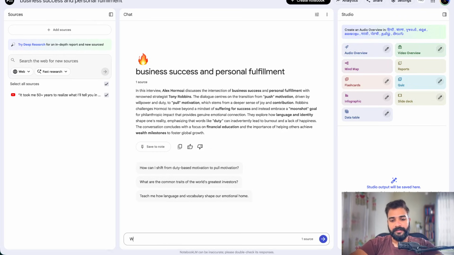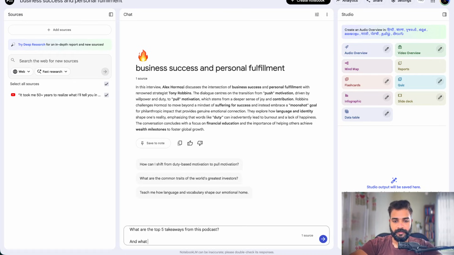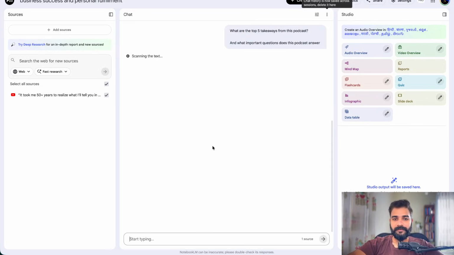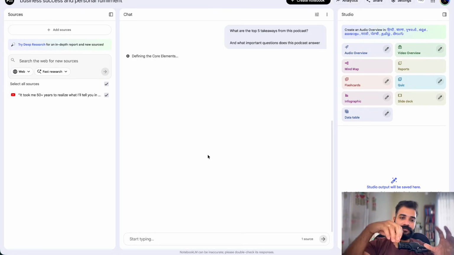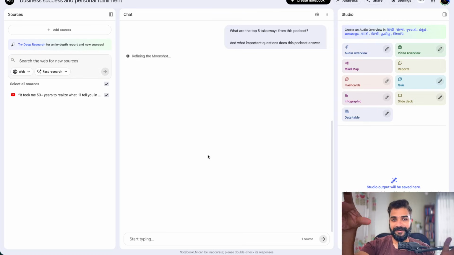So we can say, what are the top 5 takeaways from this podcast, and what important questions does this podcast answer? Okay, so it will go through the source. It will give us some data, because you cannot just ask NotebookLM to create any infographic. It will do a very bad job. Context is more important than content, right? So let it load,